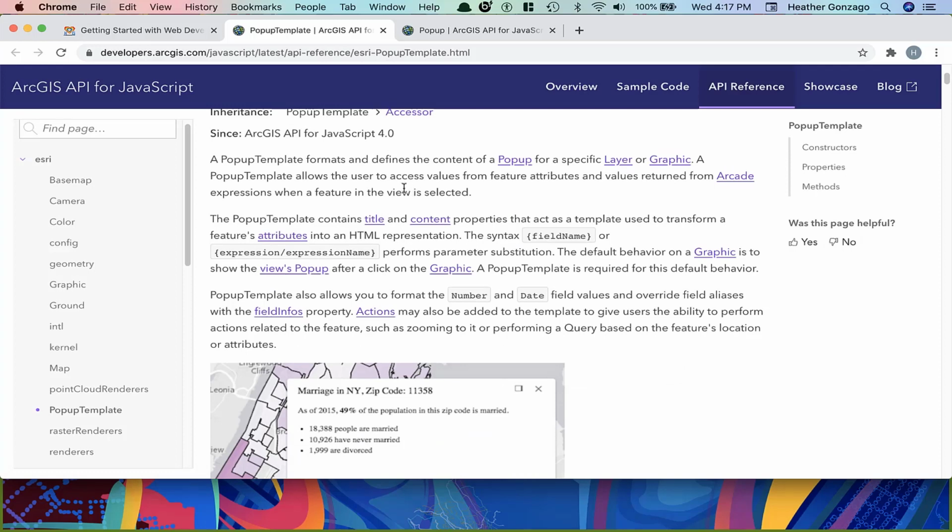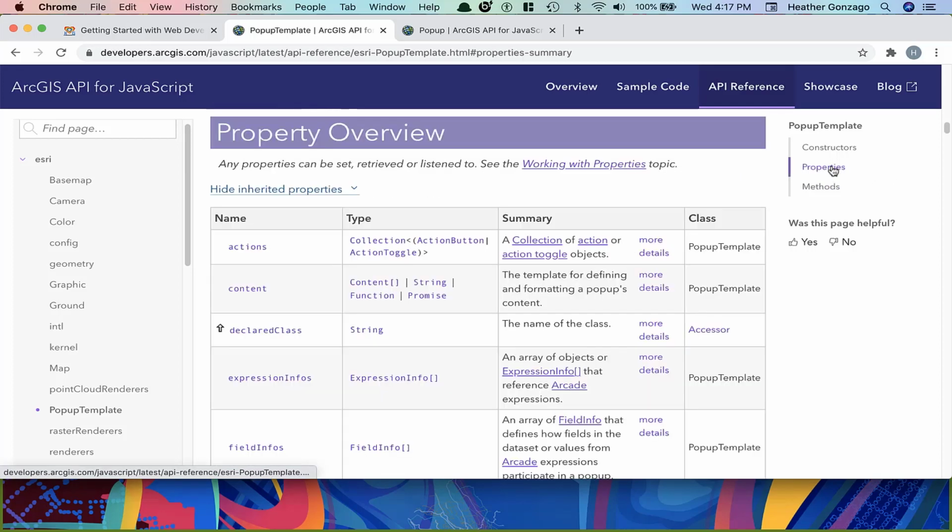But the main thing to keep in mind when working with this is that you can set your pop-up template. The content is where you're going to be setting all of how you want this to display. So you can set it directly in the content itself, just as straight HTML, or what you could do, and what I find to be a little bit easier to manage, at least when you're writing your code, is to break it out into separate elements. So basically,